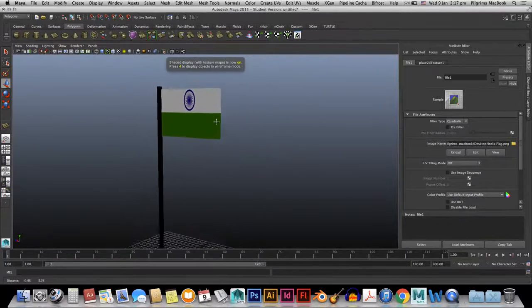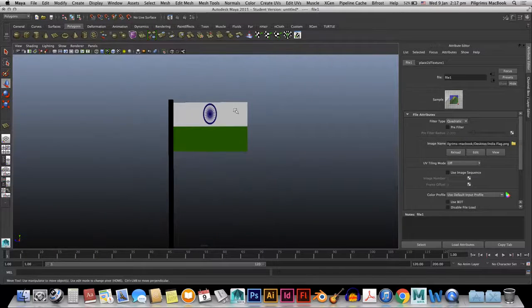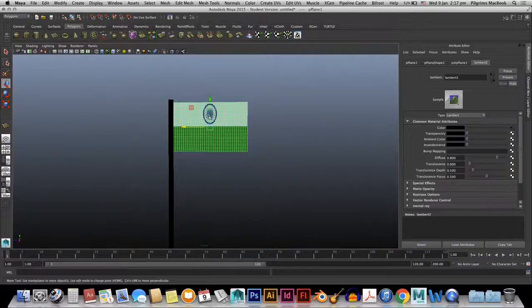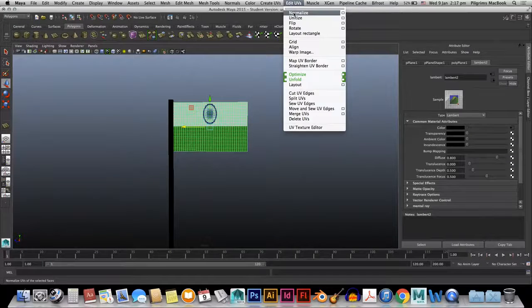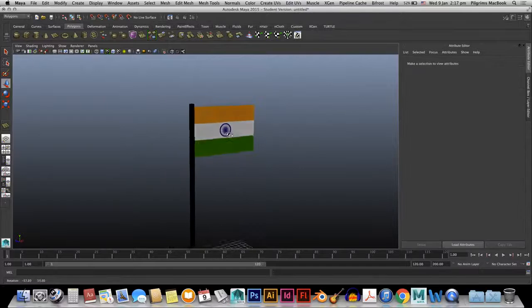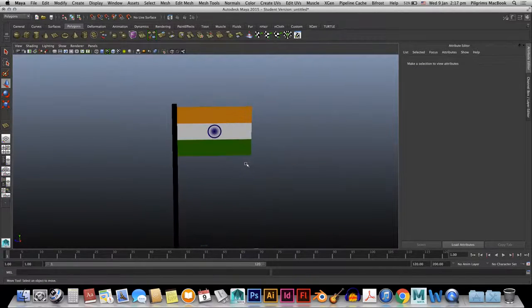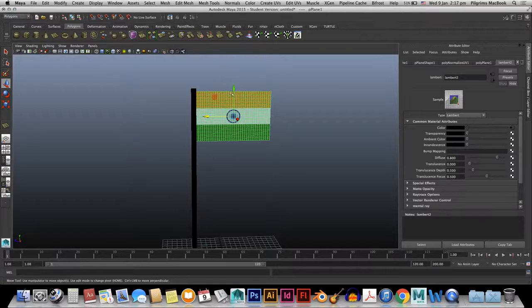Now it will show. As you can see, the texture is quite distorted, so I will click over here, we'll go to edit UV, and here you have the normalize. Click over here. Now as you can see, the part is fine, and also we'll just drag this down a little bit so that there would be a proper space between them. Okay,